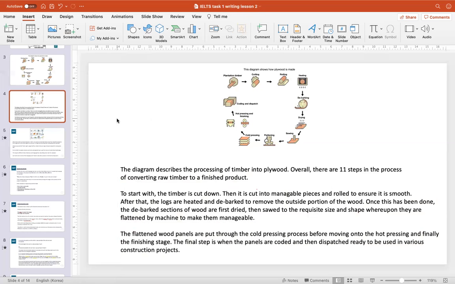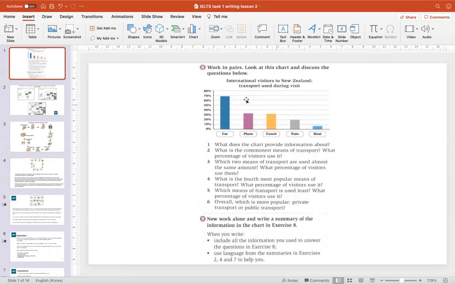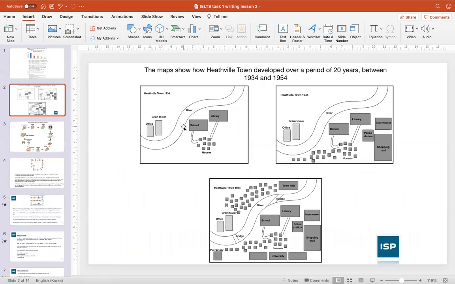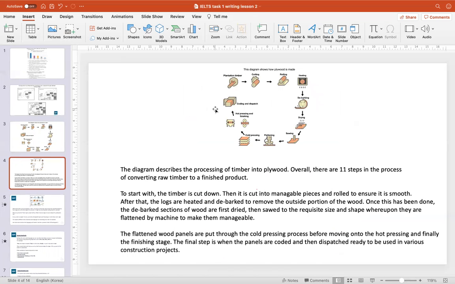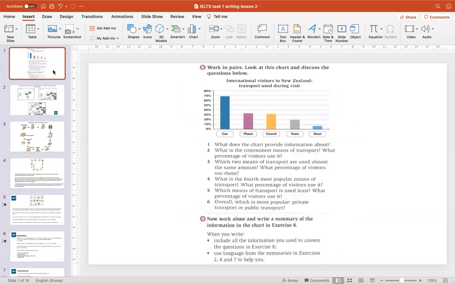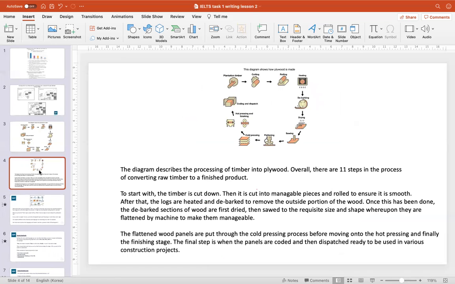But please bear in mind this is only one type of task, one question. As I said at the beginning, you may have to describe a graph, or some maps, or a line graph or pie chart. There are lots of different types of possible question that you could have in the exam. It's not always going to be a process. It depends on the day. So it's important that you understand what to do in this situation and what to do in that situation, because each type of data needs a different response.